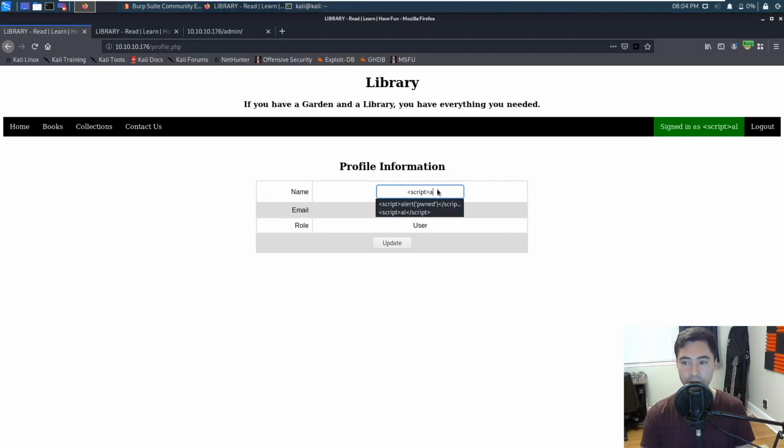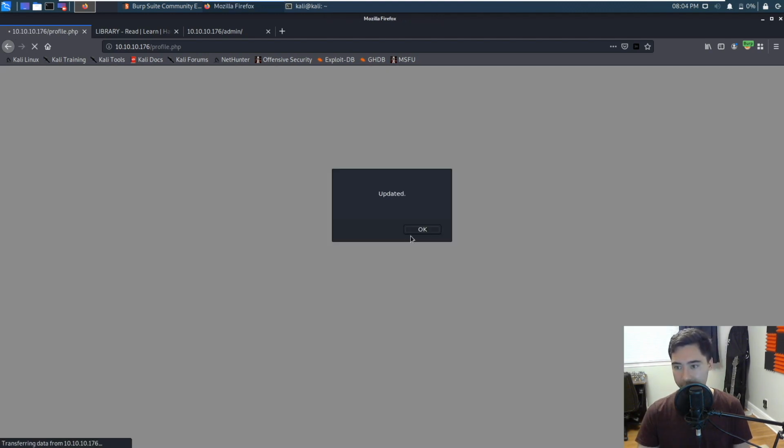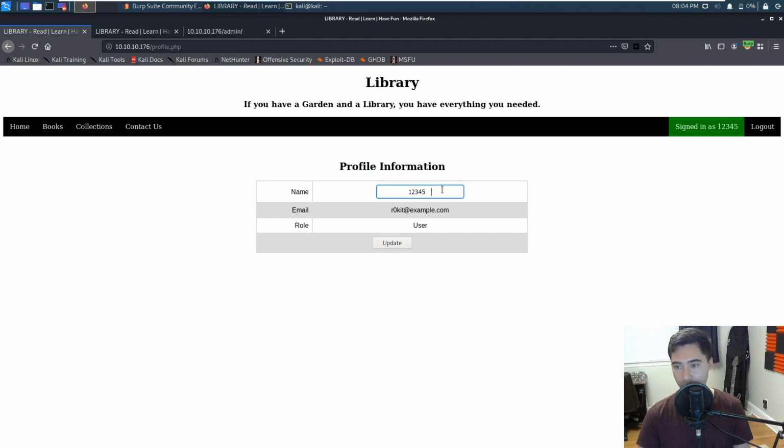So what if we tried something like 1, 2, 3, 4, 5 followed by 5 more spaces, and then some random character like 9. Then let's go update. And it looks like we also have 5 more spaces right here. So 1, 2, 3, 4, 5, 6, 7, 8, 9, 10. Okay, it looks like the name is fine with that, but what if we thought about some of the other fields,